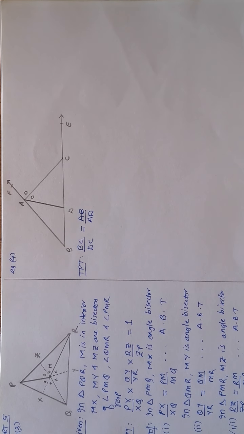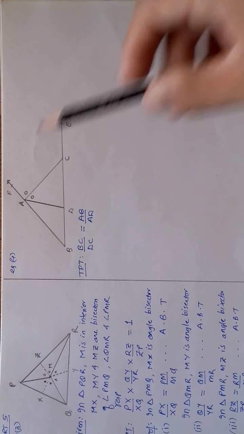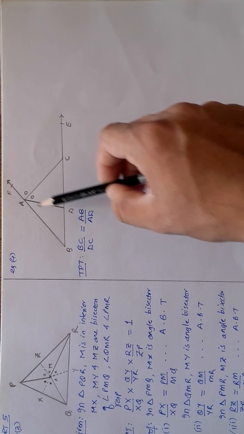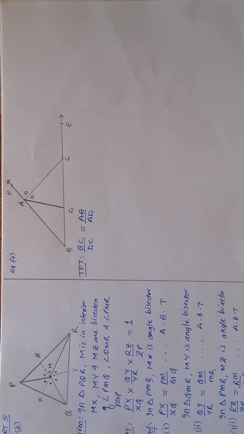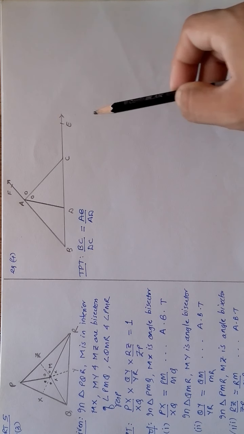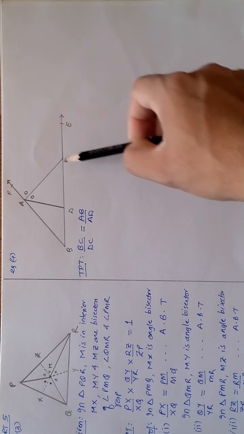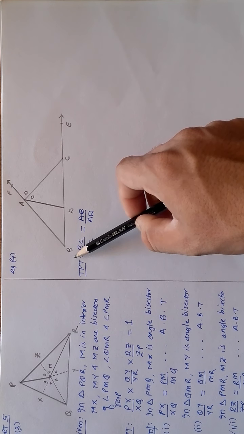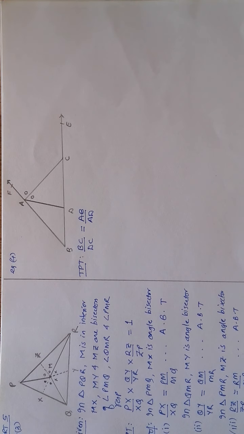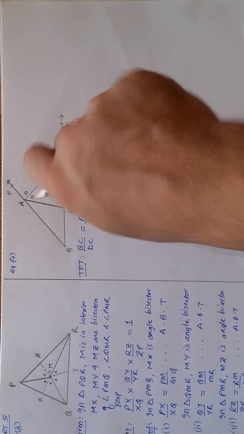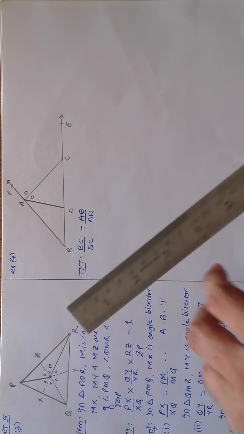So if it is the basic proportionality theorem, we must have a line which is cutting, not bisecting, two sides of the triangle. So here you will say that I have a line, right? Yes, it is. So it must be parallel to the third side, which is not there. I can take the third side from here, but I will not take it because the ratio will become AB to something which will be very outside, which I don't want. So where should I take this parallel line? I cannot take this as parallel now.